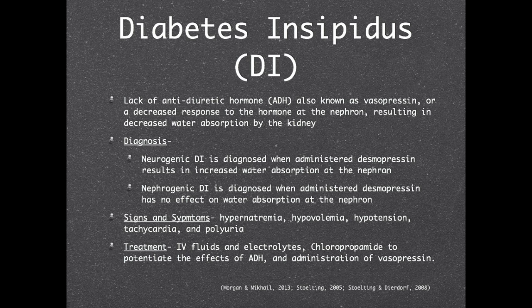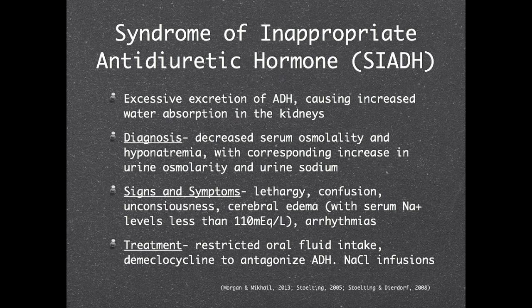Signs and symptoms include hypernatremia, hypovolemia, hypotension, tachycardia, and polyuria. Treatment involves the administration of IV fluids and electrolytes, administering chlorpropamide to potentiate the effects of antidiuretic hormone, and to administer vasopressin. The syndrome of inappropriate antidiuretic hormone, or SIADH, is an excessive excretion of antidiuretic hormone causing increased water